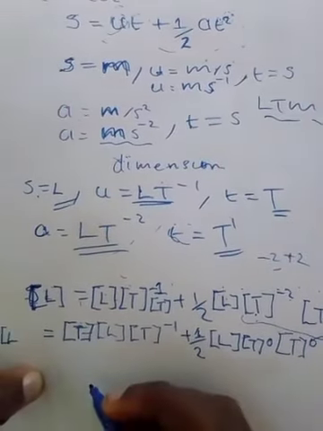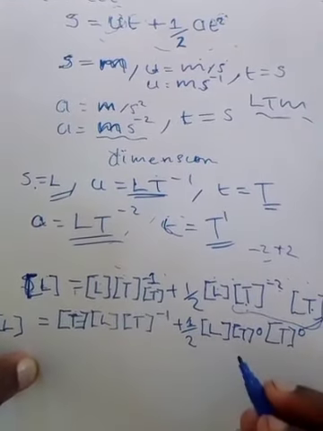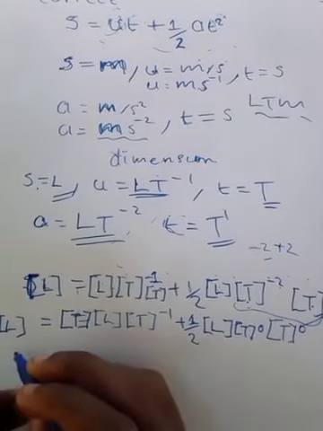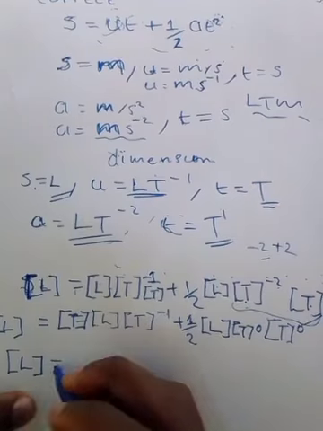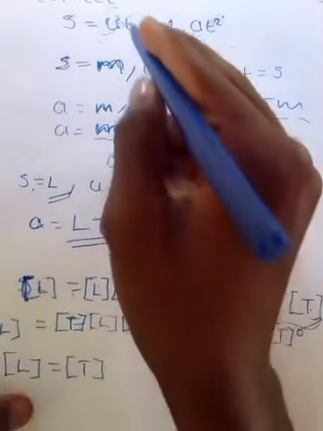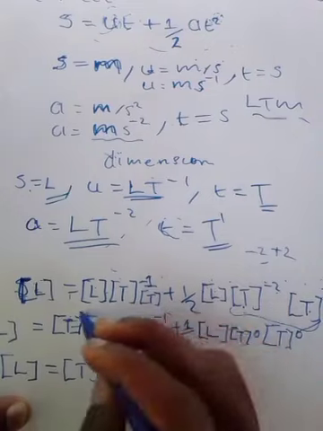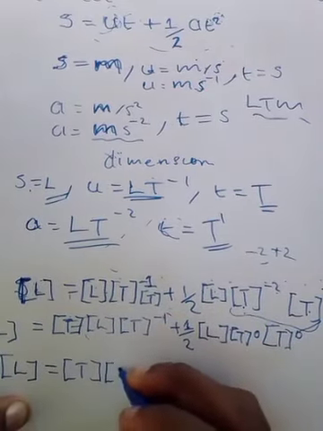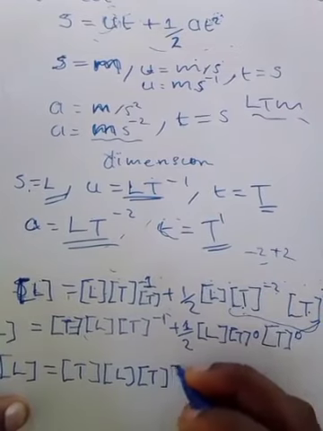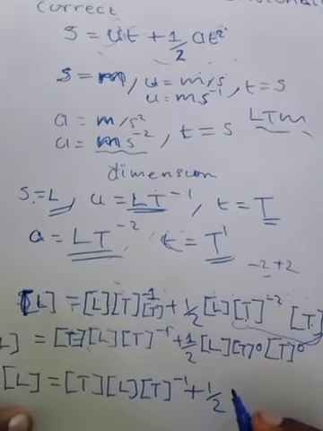Okay, so let me just rewrite this now properly. So I'm going to have this t representing time, and then these representing u, the velocity. Okay, the initial velocity in specific. So 1 over 2. Remember I said that at the moment we only have this. Okay, so after we simplify further, we have